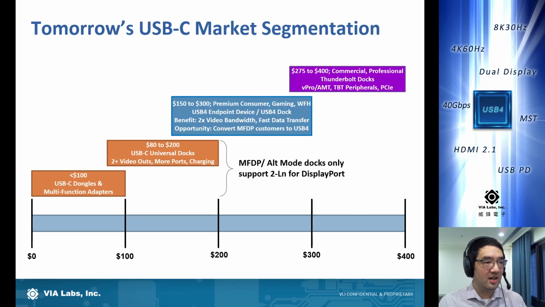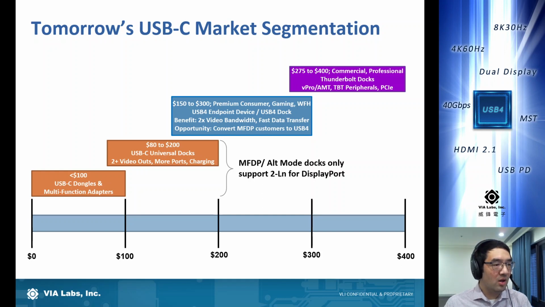And how does USB 4 slot into this? Well, we think at the high end of the market, it's going to exist with Thunderbolt 4. So Thunderbolt 4 in the high end, we essentially define it as customers requiring vPro/AMT, or it's for customers who already have Thunderbolt peripheral devices. And we also define it as for customers who really need PCI Express. So we've already mentioned several times that support for PCI Express on USB 4 is optional, but it's required on Thunderbolt. So that also happens to be one of the key differentiating features.